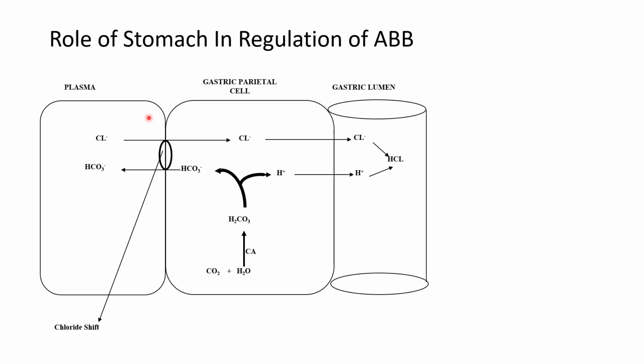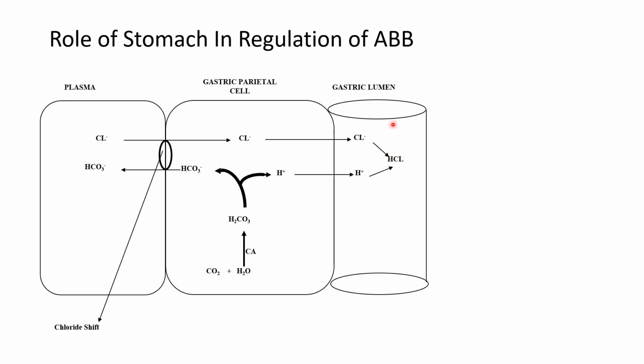So any pathological condition that leads to an increase in the production of hydrochloric acid in the gastric lumen will consequently lead to the production of excess bicarbonate in the blood. For example, in a patient who is vomiting persistently, thereby losing a lot of hydrochloric acid through the vomitus, the parietal cell makes attempts to replace the lost hydrochloric acid by secreting more HCl